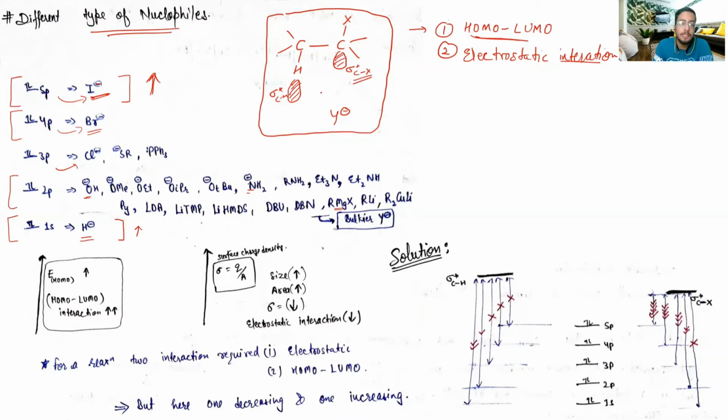The LUMO which is of low energy will easily get the electron from the HOMO of the nucleophile. So from the comparison, I have drawn an MO-like diagram here. I have written that the 5p nucleophile has its HOMO very high in energy, and 1s type nucleophiles have their HOMO of very low energy. And also see from here that the LUMO of sigma star CH is of higher energy as compared to the LUMO of sigma star CX. Therefore, it is easy for the 5p type nucleophile to donate its electron into the sigma star CX, similarly for 4p and 3p.